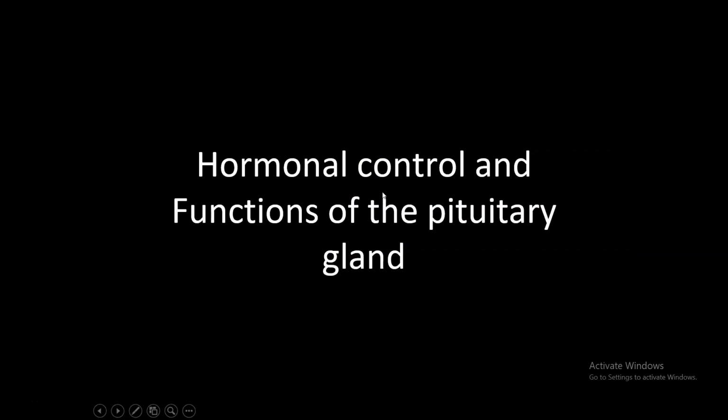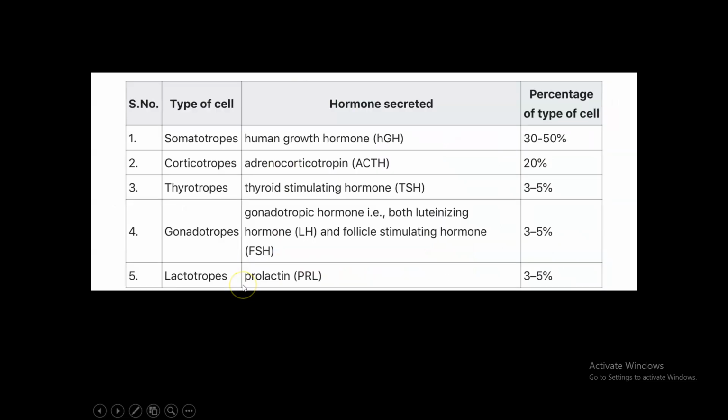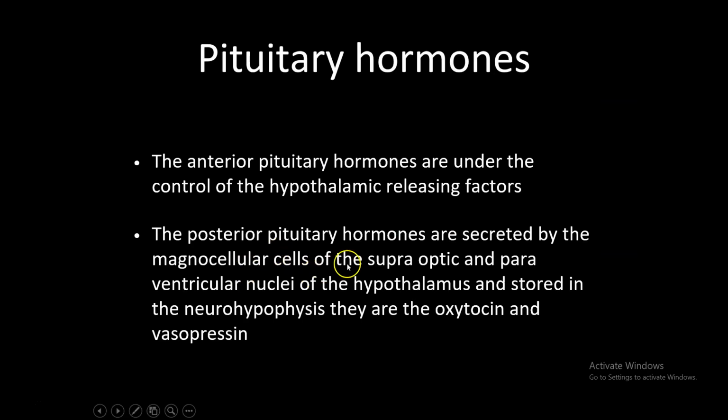Very important. Hormonal control and function of the pituitary gland, as we said, the anterior pituitary hormones are all under the control of the hypothalamic releasing factors, which pass in the portal circulation. But the posterior pituitary is actually a reservoir. The hormones are secreted directly from the hypothalamus, actually from the magnocellular part, which we call the supraoptic and paraventricular nuclei, which secrete the antidiuretic hormone vasopressin and the oxytocin, and they are stored